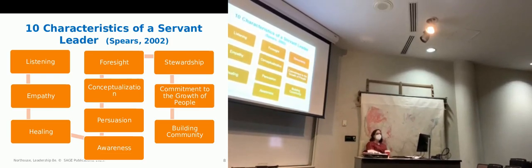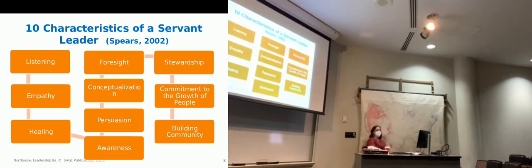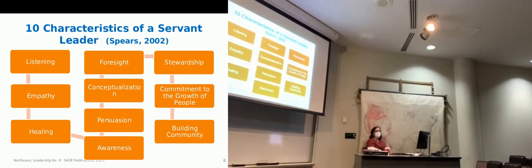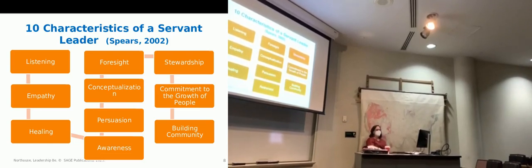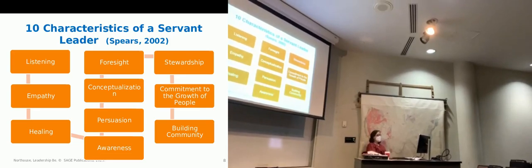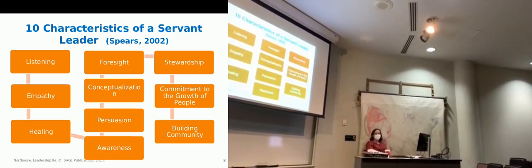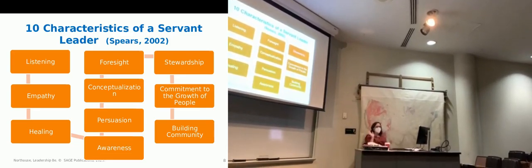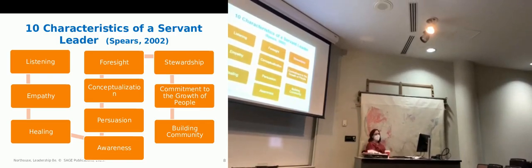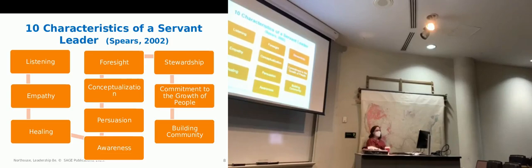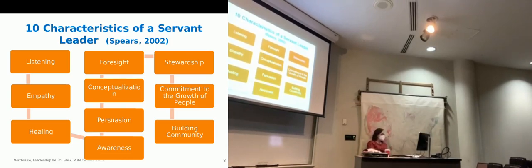How many of y'all avoid conflict or hard conversations when you know you disagree with somebody? But we'll say everyone has the right to their own opinion, right? That's the idea of tolerance. Everybody has the right to their own idea. But when it comes to putting yourself in their shoes, we're not going to step that far. That's the difference between tolerance and empathy. And so we're looking for empathy in servant leadership.